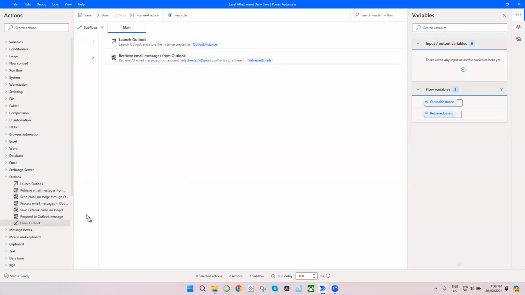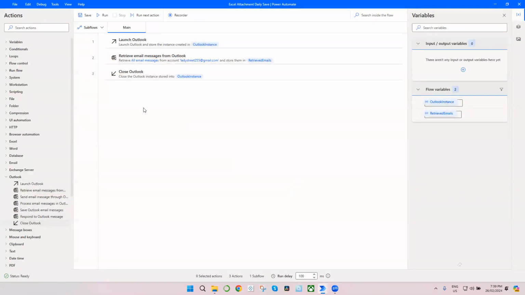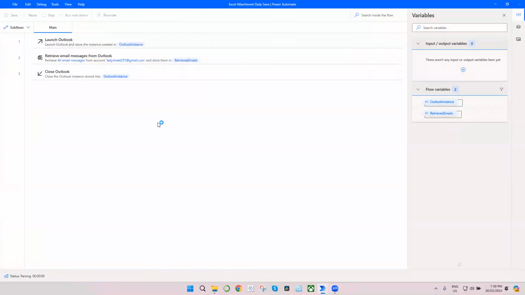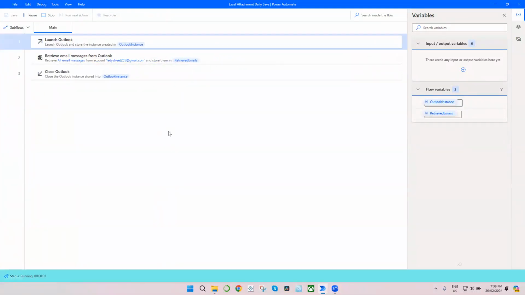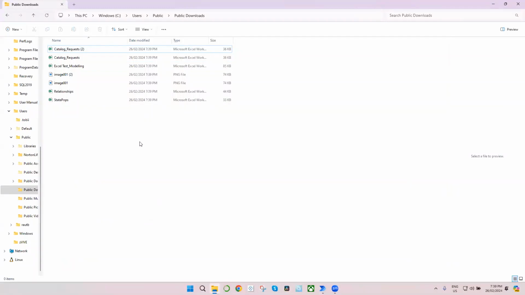And at last, you're gonna close the Outlook, right? So save it, and let's try to run. Status is ready, so we'll run it. If we check it, then we have these Excel file